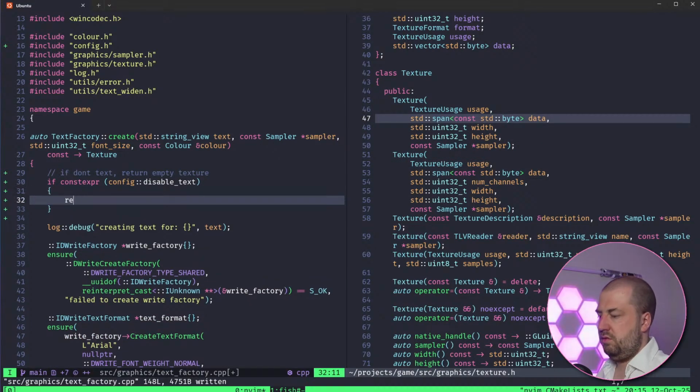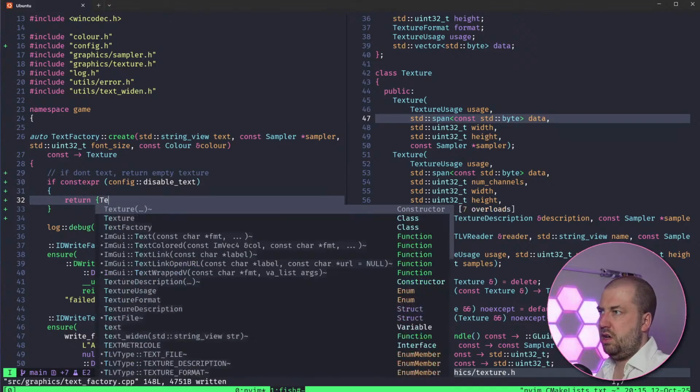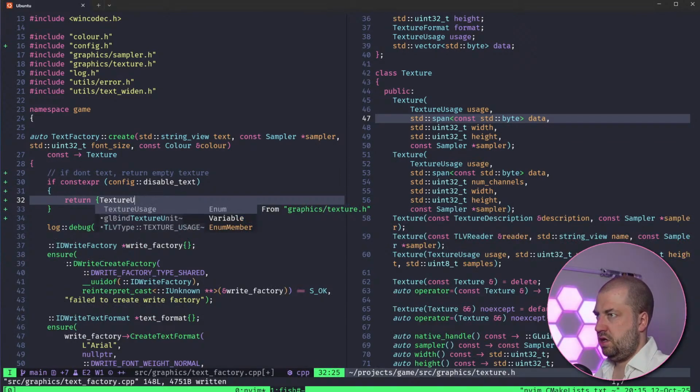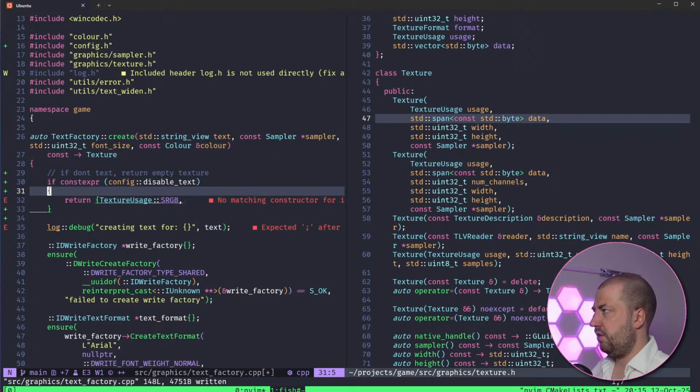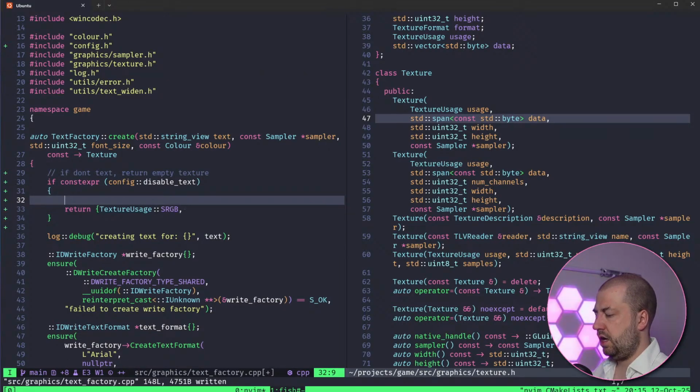So if I do return texture usage sRGB, I need a span of bytes. Oh, I think that's okay. std::byte, const byte pixels equals